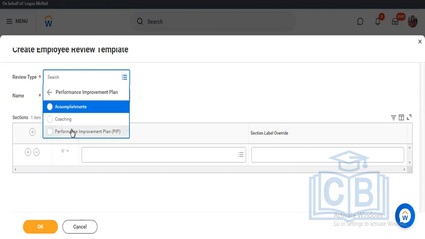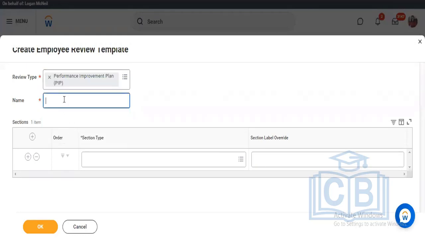Performance improvement plan comes into the picture if an employee is not performing as per the expectation. So I want to create a performance improvement plan for any of the employees. Then I can create it and assign it to that specific employee. Here we have to select the review type which we want to create, and we can name this, for example, Raj